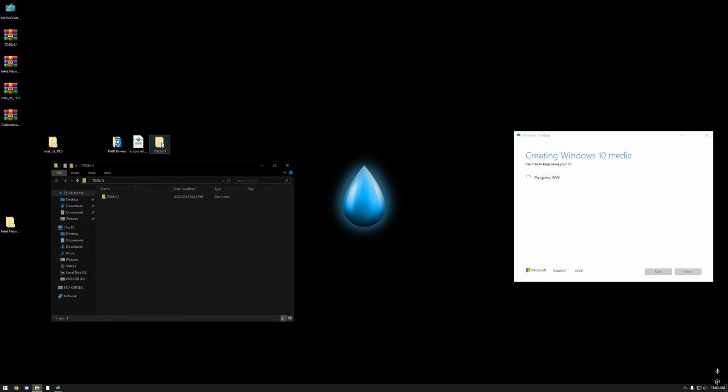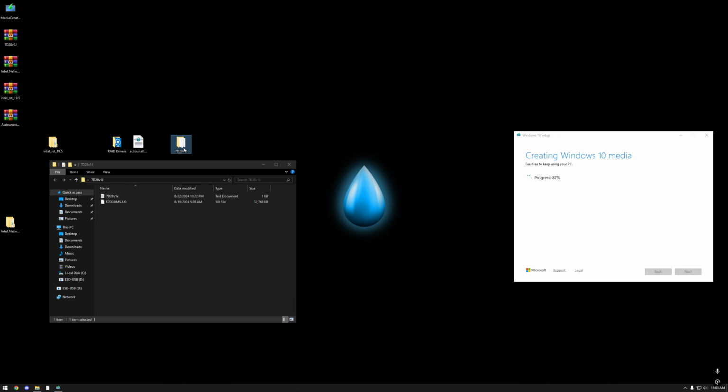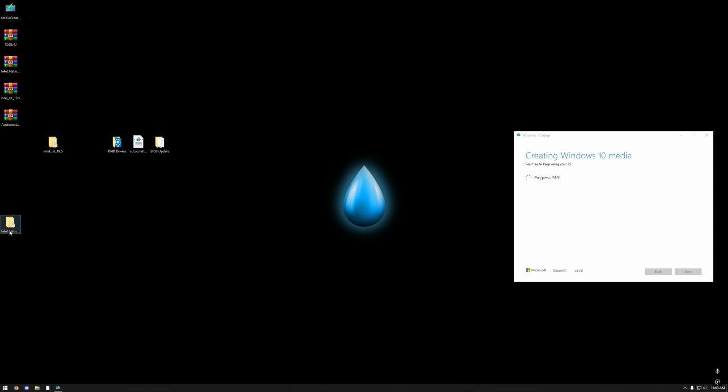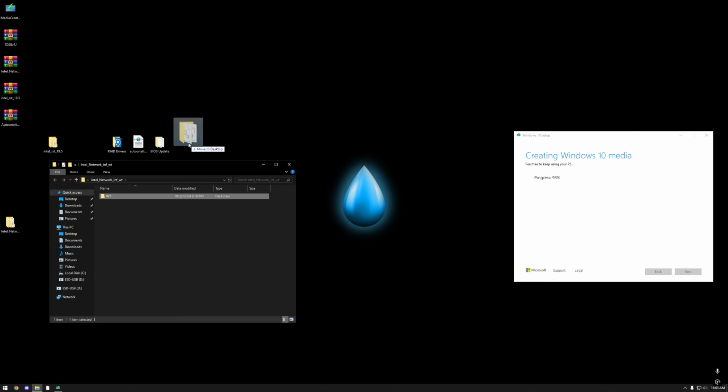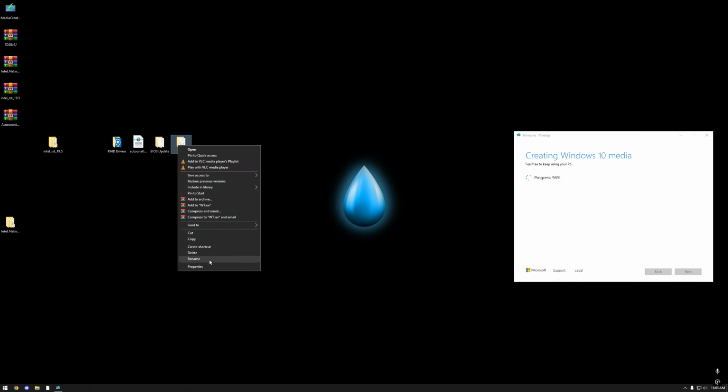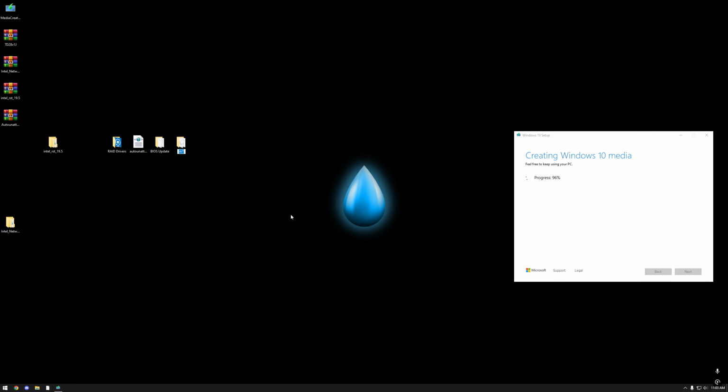Since this is the BIOS update file, I'm going to rename this to BIOS update. Put that alongside these. And for my network drivers, I'm going to drag that folder out and rename this Ethernet install. Now that I have all of the above,